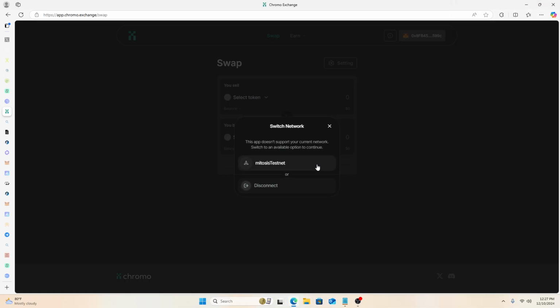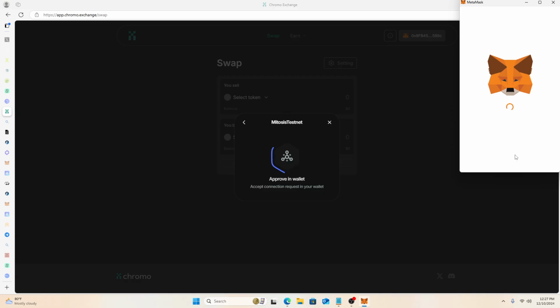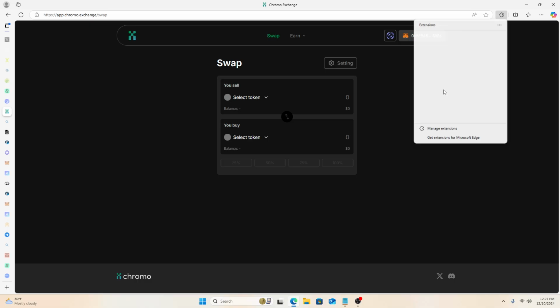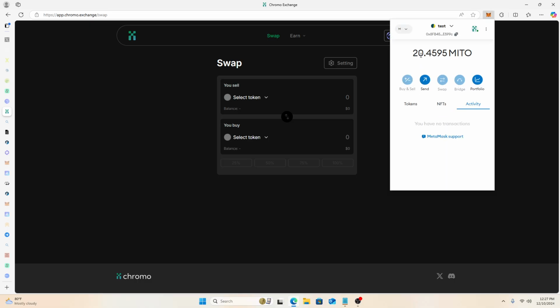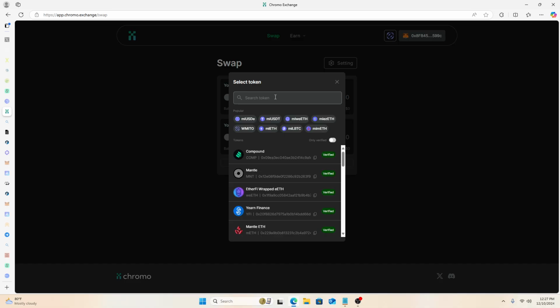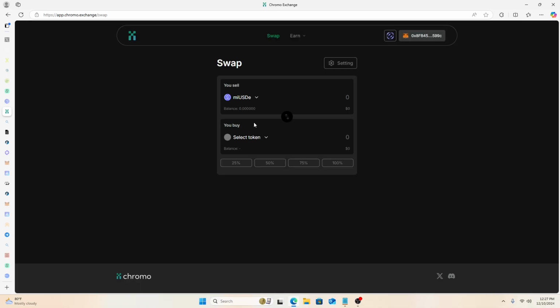And during our first use of the faucet, we were given some Mito tokens, enough to pay for so many transactions. So you see we have enough Mito here. So we can do many transactions here. You can just swap back and forth and all that. So if we click on this,